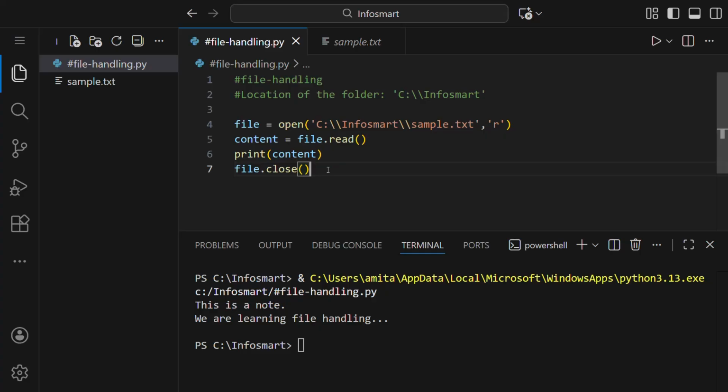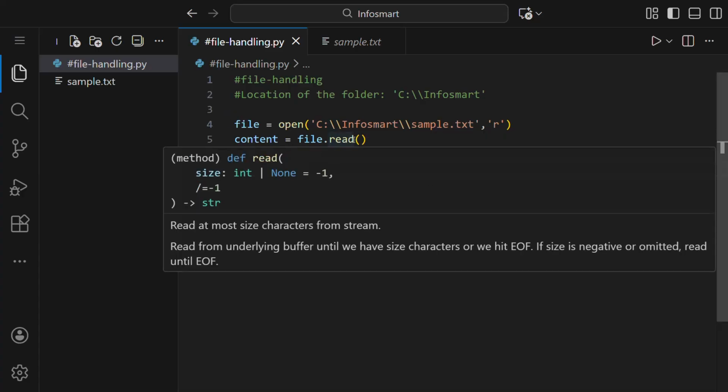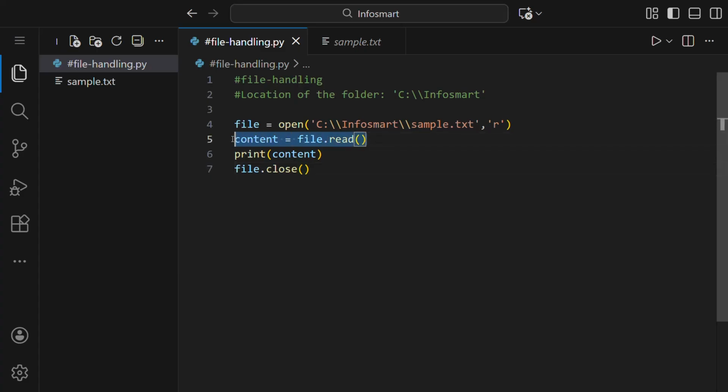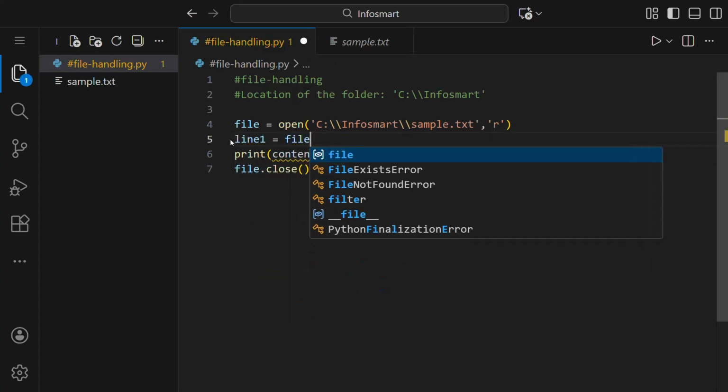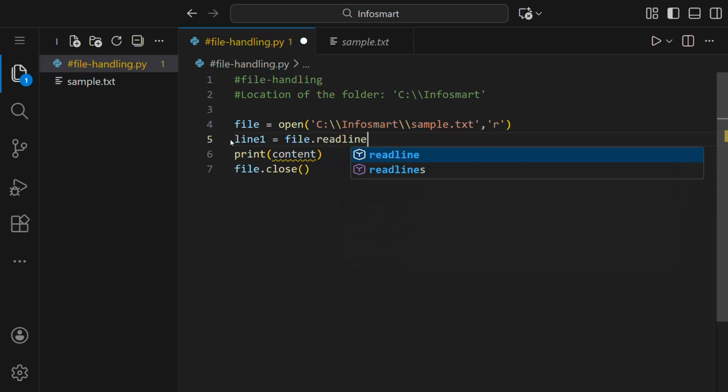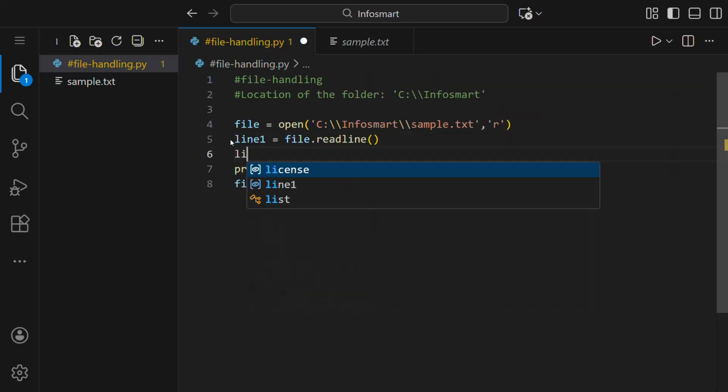Now the next thing is readline. This method reads just one line at a time. So if we write here line 1 is equal to file.readline, and similarly we will read one more line. So we'll write here file.readline again, and then we will print